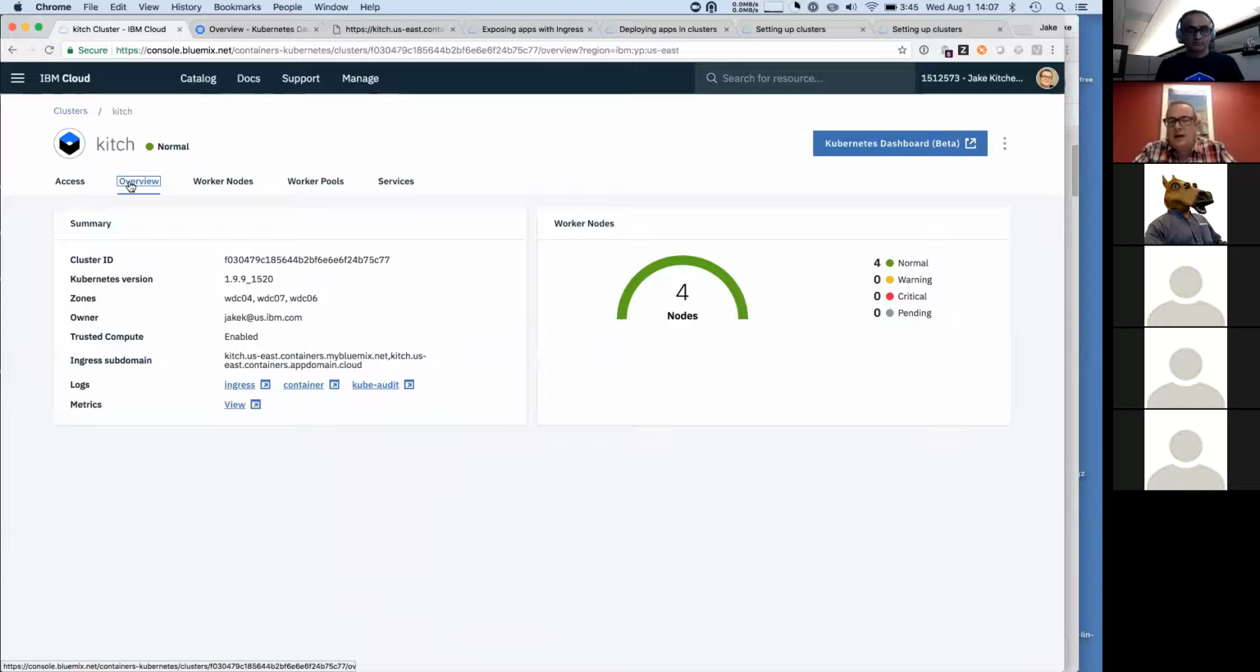So, if I had a 3-zone cluster and I created 6 replicas, and for some reason the nodes in one of those zones are unavailable, they will be